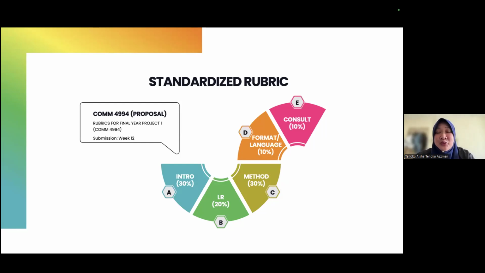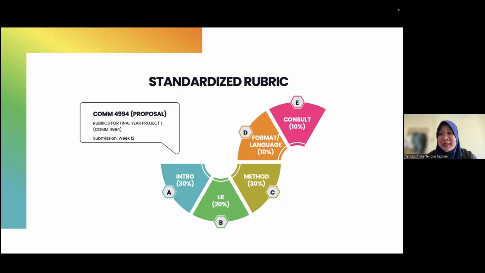Each student is required to meet their supervisor at least 5 times per semester. It can be more, and we do not mandate that they meet the supervisors face to face. It can be through different platforms. Based on our experience, when we put in these consultation marks, students are more careful to consult their supervisors. But there are some who like to disappear. There are students who like to just disappear or go AWOL.